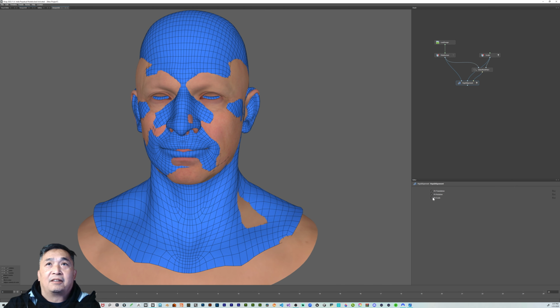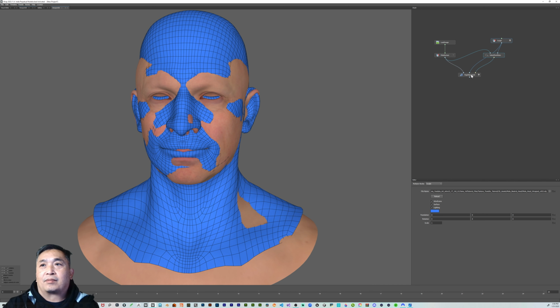So if you hit fit to scale, besides aligning it, it'll scale it up to the exact size too. Houdini works the same way, especially when you're working in hair or your mesh is a different size. So when you set it up and export it, it'll be the exact same size